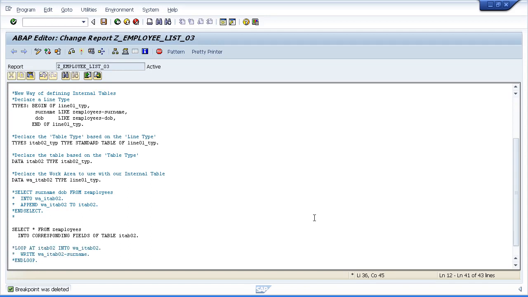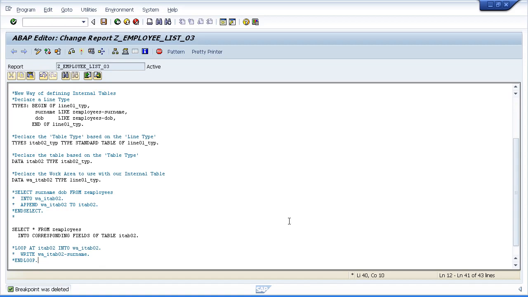So we have learned how to create and fill a standard internal table. Let's have a look at how we would use that data line by line. Now, our internal tables are just tables that are held in memory, and similar in many respects as tables that we hold in a database. So let's take a look at how we can read through the records of an internal table line by line